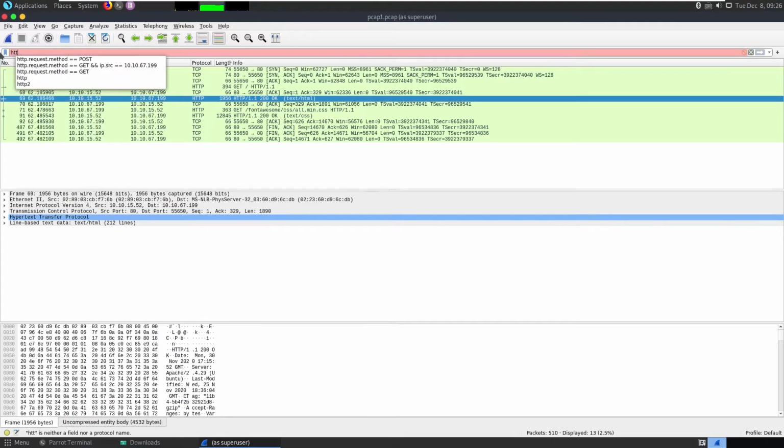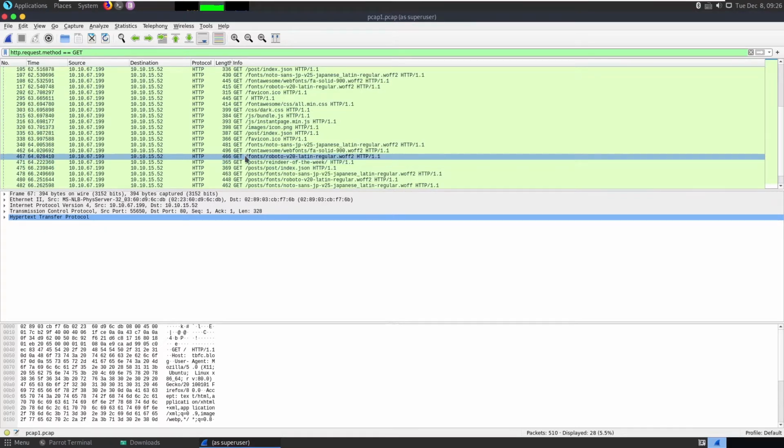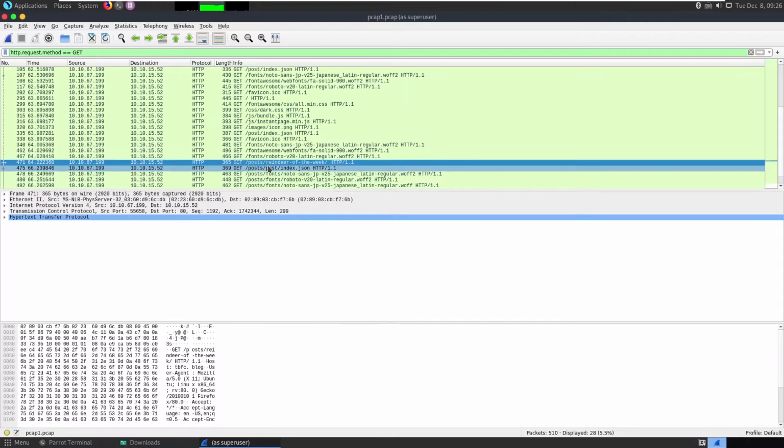What they have told is to only apply the GET request. Here you can scroll through these GET requests, and you can see some posts. The website contains some posts, that is the reindeer of the week.